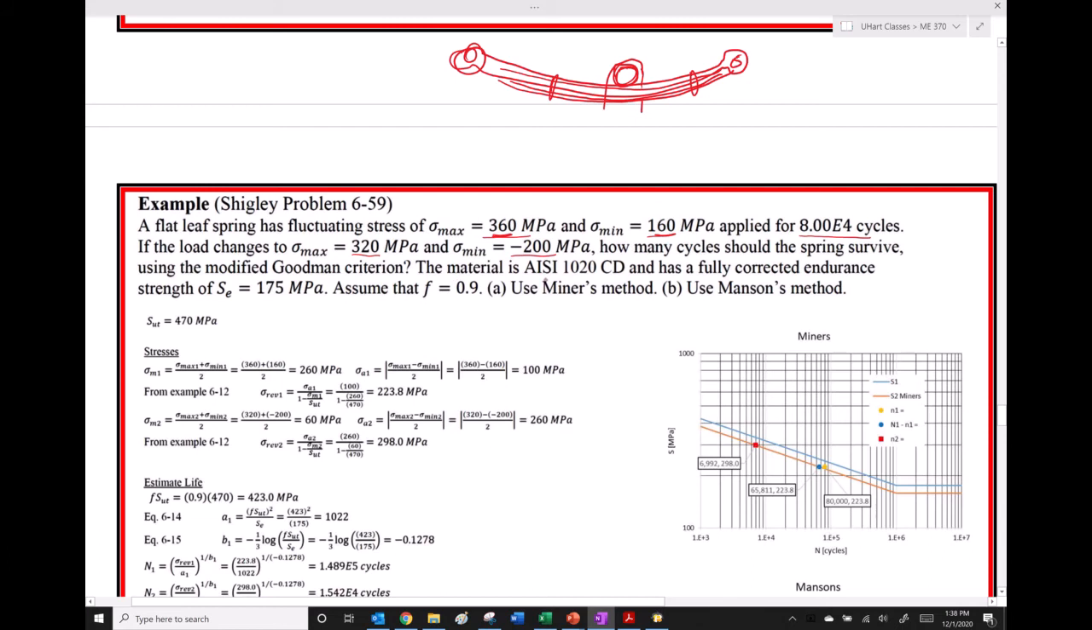They tell us the material is AISI 1020 cold drawn, and they have a fully corrected endurance strength of 175. So we don't have to use the Marin factors, as they have already been given to us. They do say to go ahead and assume that the coefficient f that we usually use is 0.9, so we don't have to look it up. So we're going to use both Miner's method and Manson's method to assess how many cycles this thing is going to live. We look up in the back of the book the 1020 cold drawn steel,